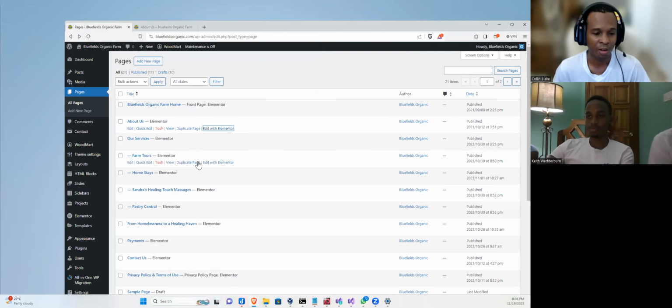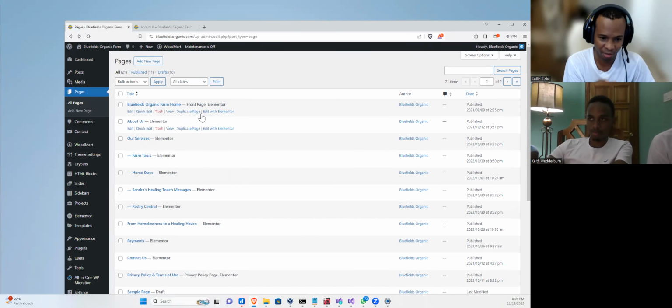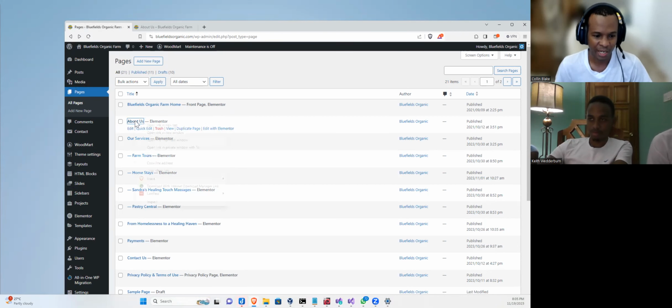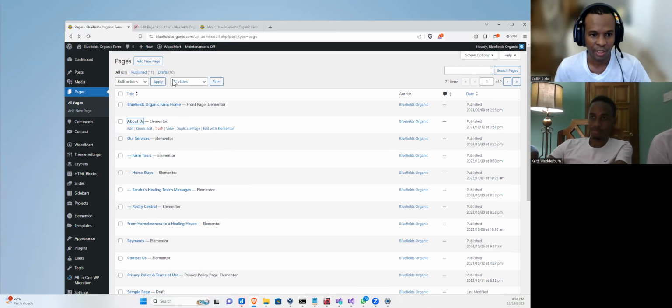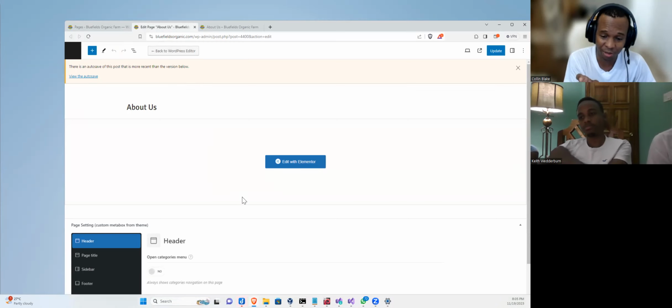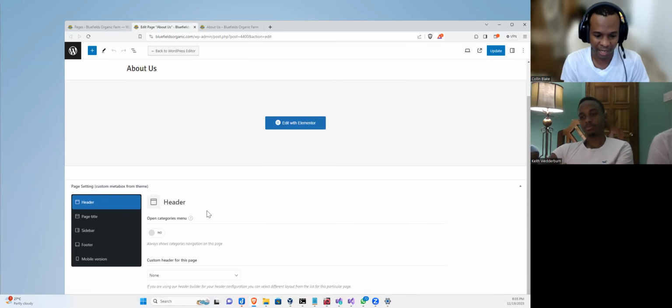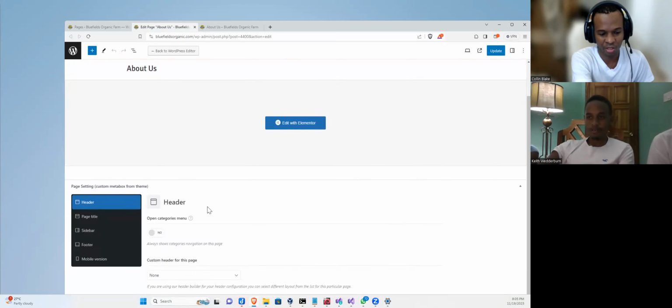If you right click on the About, either the edit or the About Us itself, you'll go into the page, but in a new tab. You'll find another page setting, but it's the same page. It's just that you're not using Elementor, which is the visual way to outline everything. So here you have the header, you have the page title, they call it. If you click on page title, for example,